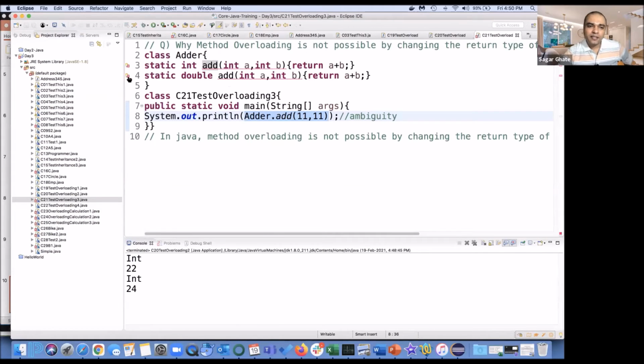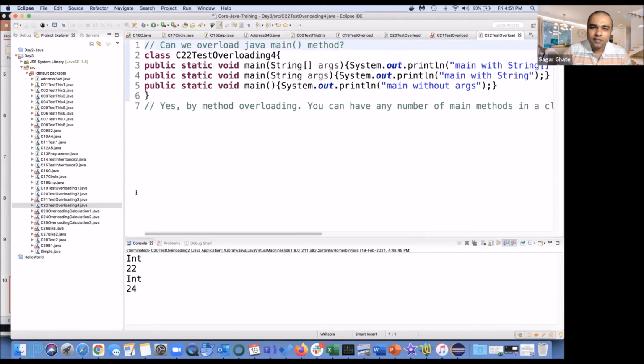If you do it like this, here you can see the error, duplicate method. The compiler thinks it's the same method, because it is not going to decide when we do something like this. So only by changing the return type, that is, only by changing int and double, we cannot overload. Apart from this, there should be a parameter that is different as well. Okay, got it. So this was a simple concept. We'll move further.